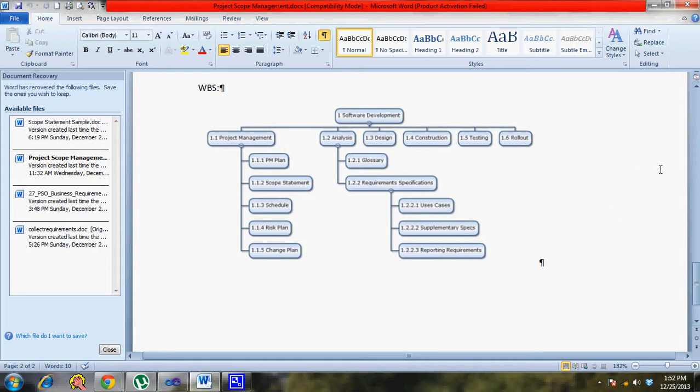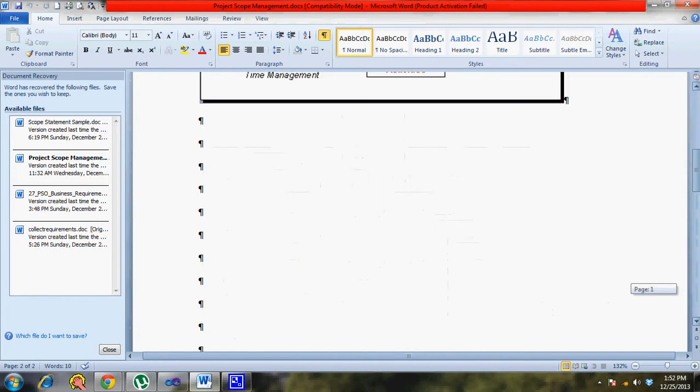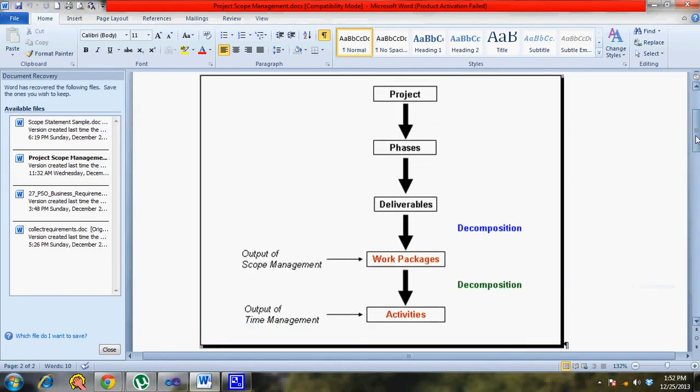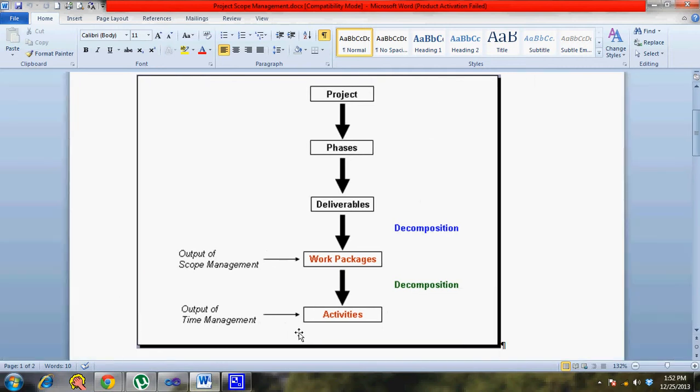The WBS is created from the scope statement. The scope statement tells what is part of your particular project, and from there you create a hierarchical structure. You decompose your deliverables to work packages. It need not be deliverables; it can start from the project phases and then you break down to the deliverable level. But the whole point is about breaking down into something which is really comfortable or which can facilitate communication among all the stakeholders. Stakeholders can be the customer, sponsor, or even the team members.